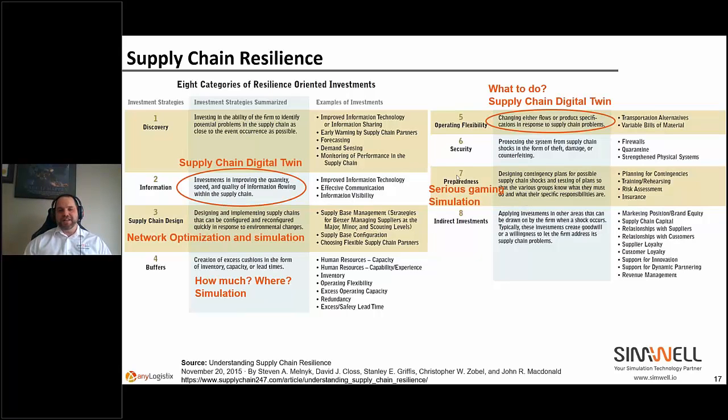That's simulation as well. You're not going to test it in your real supply chain. I mean, that's what simulation is for, and that specific scenario we call serious gaming here at SimWell. So if you have your model built in anyLogistix, then you can do serious gaming with it and prepare your plan and train your team and be ready for the next disruption.